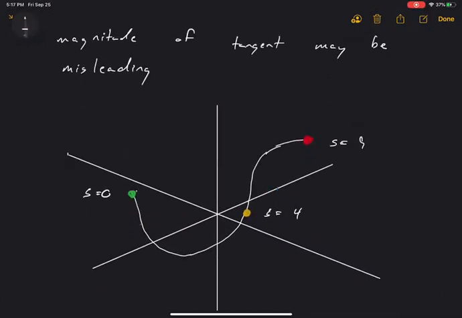So if this is my R of t, I take the derivative, R prime of t at this point, that's going to give me a vector. What R prime of t gives me is this vector here. Now, remember, when we're talking about vectors, it's the same as this vector located at the origin. So really, R prime of t gives me